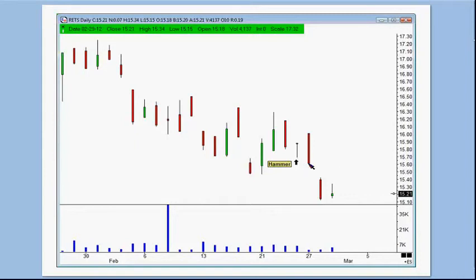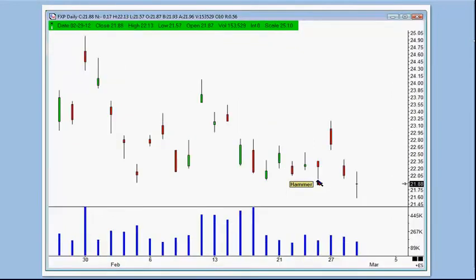Now, you wouldn't have taken this because this is day 1, right? So it's another reason why you go ahead and you wait for day 3. Even if something goes ahead and takes off from you, you still want to wait. Here's another example of one where you would likely want to wait. This is the FXP, and here is the hammer candle that occurred 3 trading sessions ago. I don't know where this is closed right now. Again, this was taken maybe an hour or 2 ago, if you will. So here is the FXP. But again, remember what I said. If you're going to trade this, you really need to be able to go access the, I believe the FXP is the Asia 25 chart.